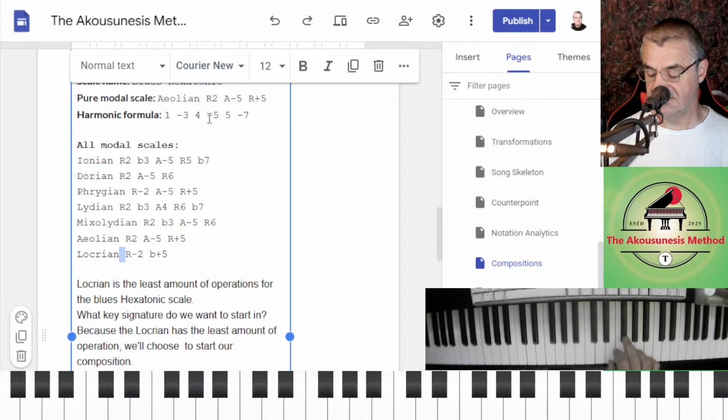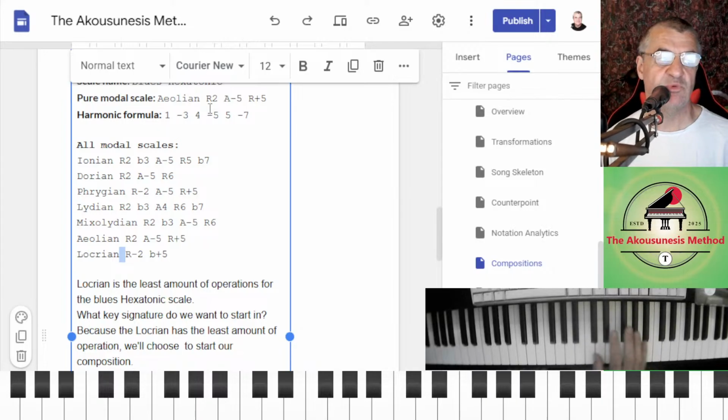So we are playing these, right? Oh, wait. We flatten the +5. Oh, we're not playing that. Now there's the bluesy scale. There we go. And we're not playing that. So we have a sort of slide here, but now the black note is up here, and it's a slide going from the 5th to the 4 to the -5. So we're Locrian here, and we only have to remember 2 operations.